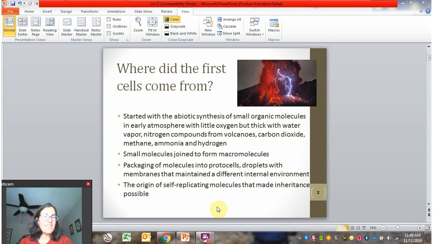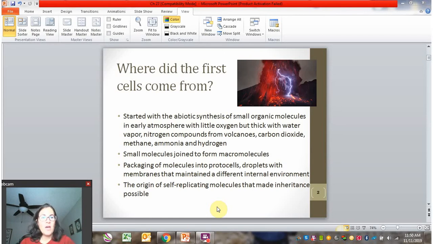In our survey of life, we start at the very beginning, the beginning of life, that is. And so the first cells arose a long, long time ago, 3.5 billion years ago. And there's a lot of debate about how that happened. And so these are all just theories because obviously we can't know exactly what happened, but this is one possible